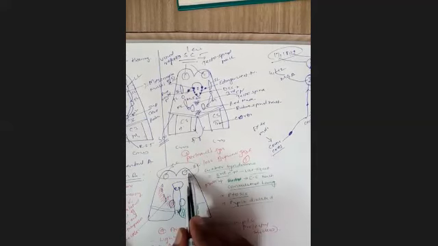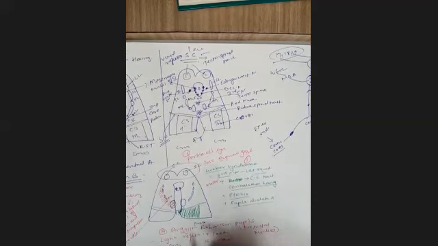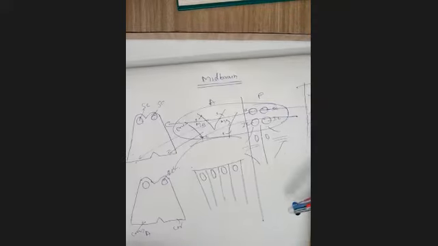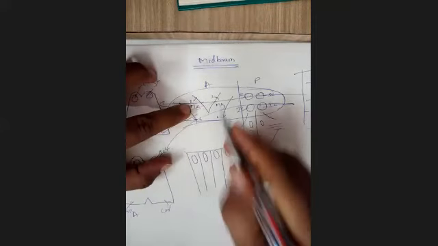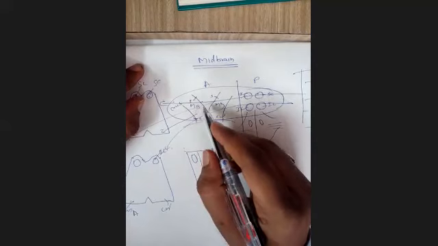Parinaud's is when the superior colliculi are involved. Argyll Robertson pupil is when the pretectal nucleus is involved. So light reflex is lost, but accommodation reflex is there. So now, in the last few minutes, I'll revise. We started with seeing the anterior aspect of the brainstem. This is the midbrain anterior aspect.